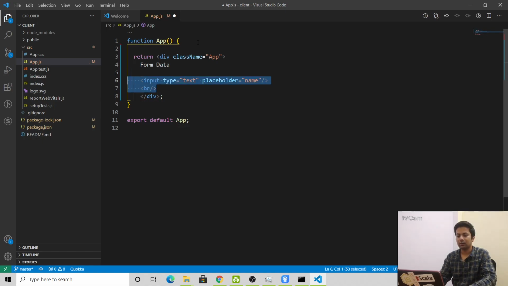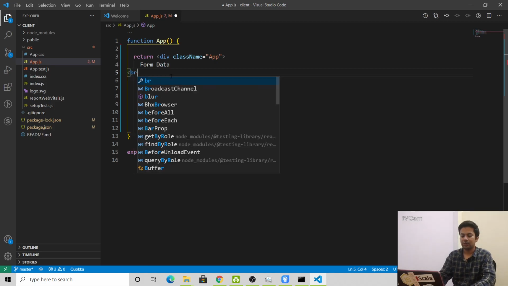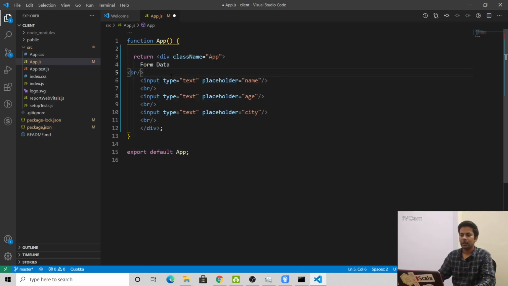We'll do the same thing for age and city, with a br here also, and let me put everything in a center tag.